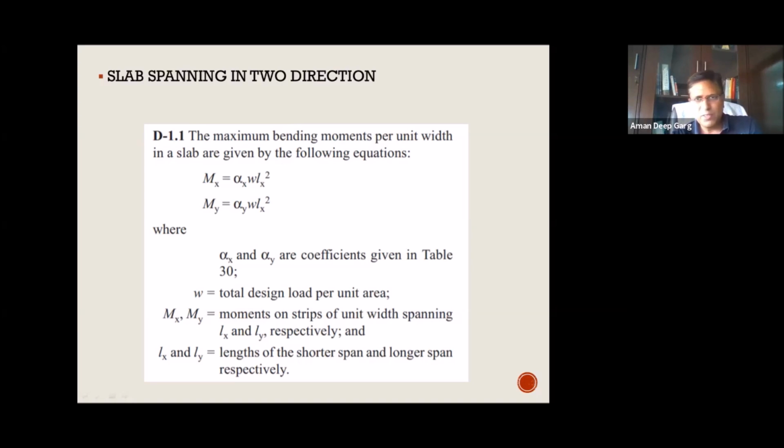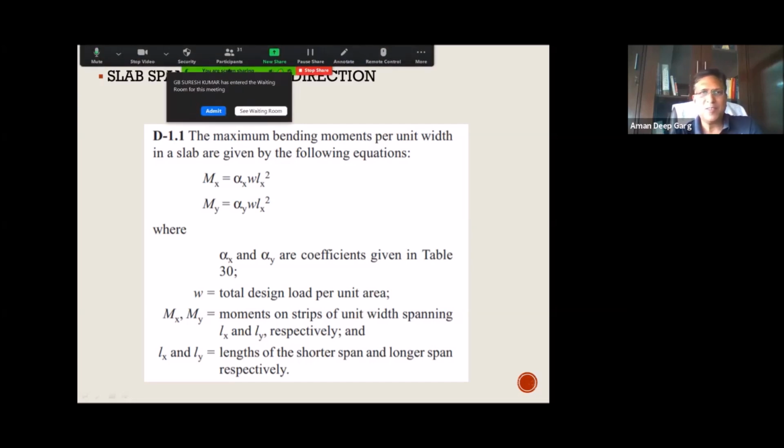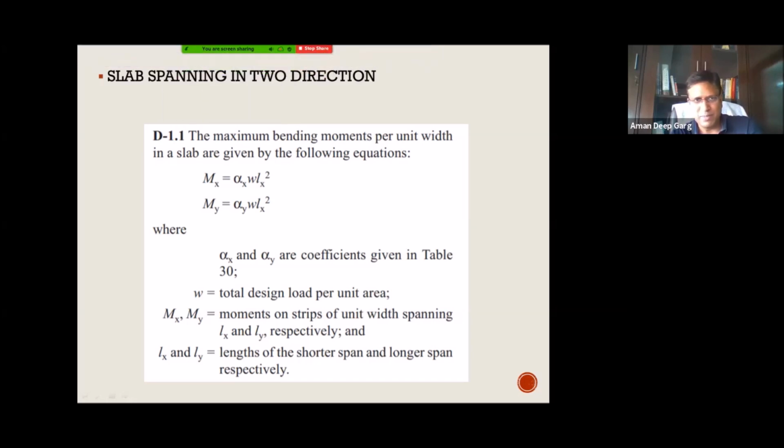But now when one span is larger, the larger span says that I am free to go 8 millimeter, I have no problem. But the 3 meter span says that I can deflect only 6 millimeters. Then what would happen? As the slab reaches a deflection of 6 millimeter, it will not want to go further down, so it will start taking more load, and the share of this smaller span would start increasing, because the larger span wants to go more down.